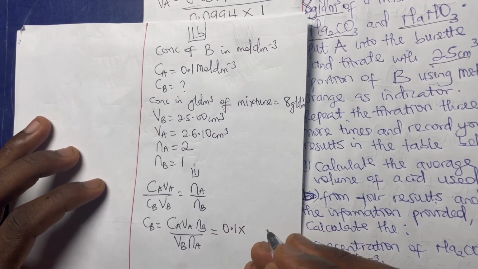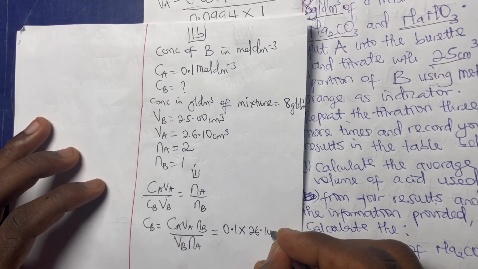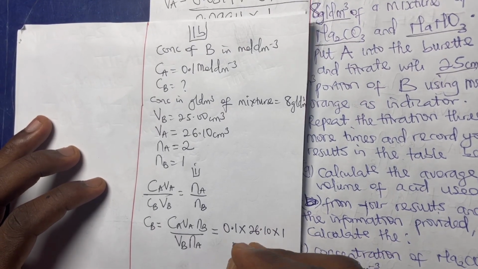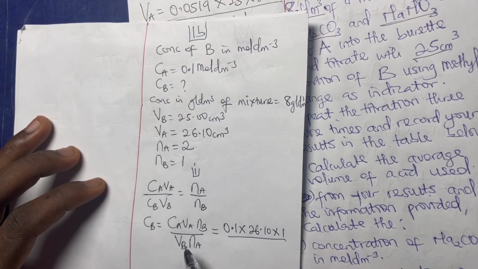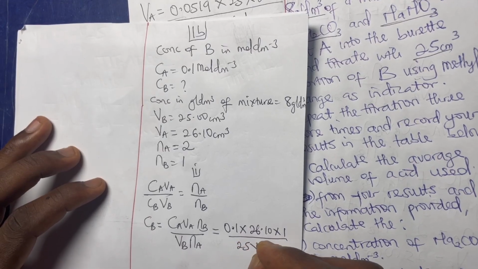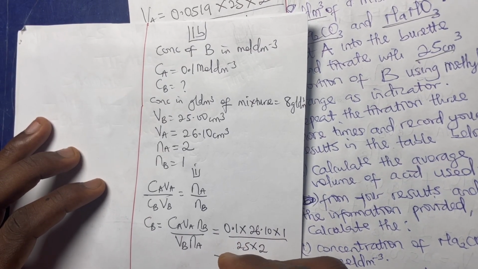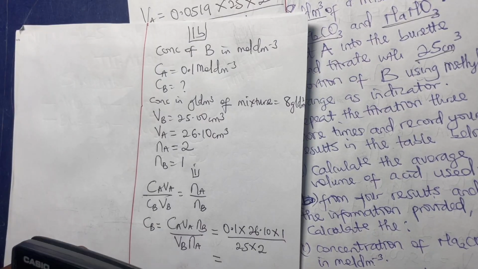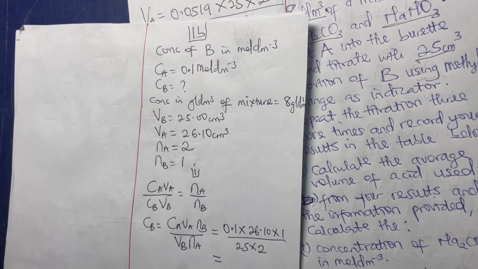0.1 times VA, which is 26.10, times NB, which is 1, all over my VB. My VB is 25, times NA, which is 2. So if I do that together, let me press the calculator. That will be 0.1 times 26.10 times 1. So equal to, and that will be